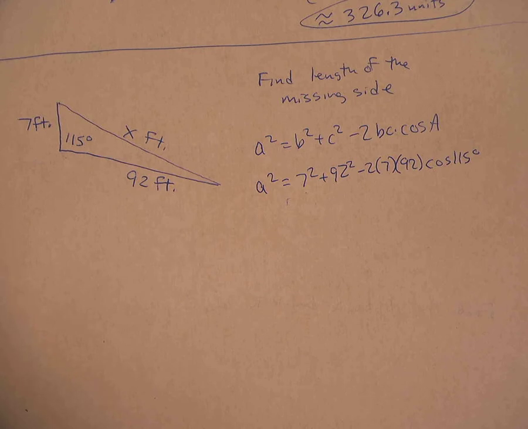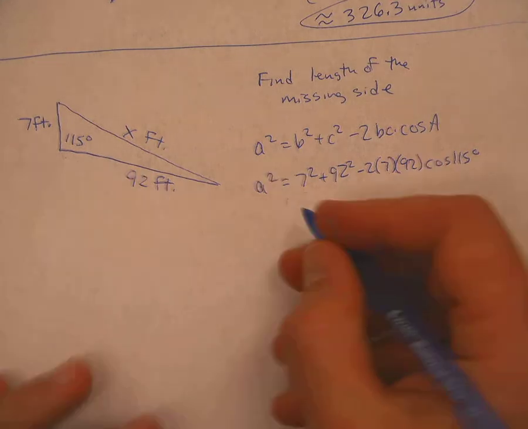Let's try it again. 7 squared plus 92 squared minus 2 times 7 times 92 times the cosine of 115,